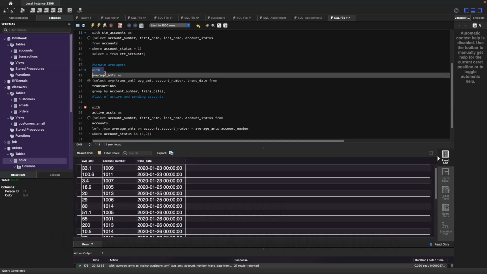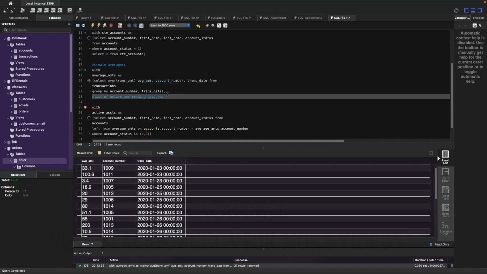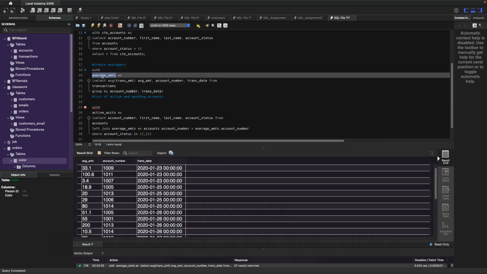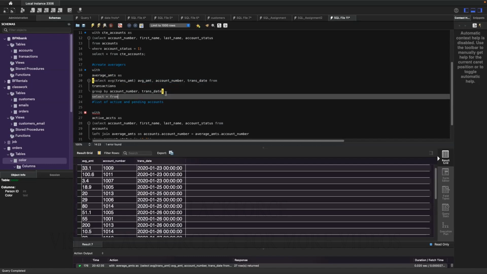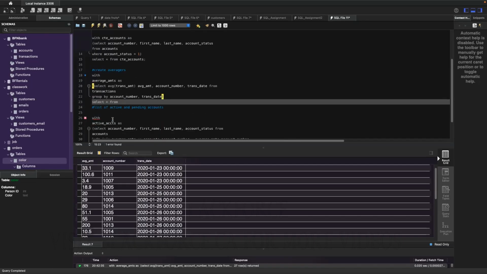Okay, so if you do that, first of all, this is not even a complete code. If you say WITH average amount AS this, then it's asking you, what am I doing with this? So with CTEs, it has to be a complete code. If you say WITH this AS this, then select star from average amount, that's a complete code. So CTEs are queries. You are querying something, telling the system you're trying to pull stuff. However, temporary tables are completely different. I'm sure we understand that now. So with CTEs, this will not work because